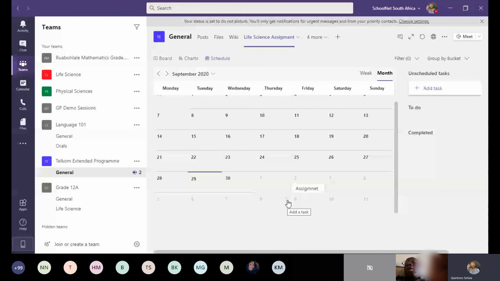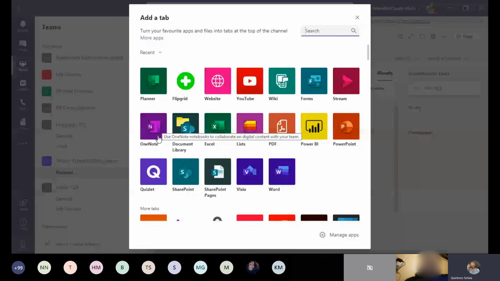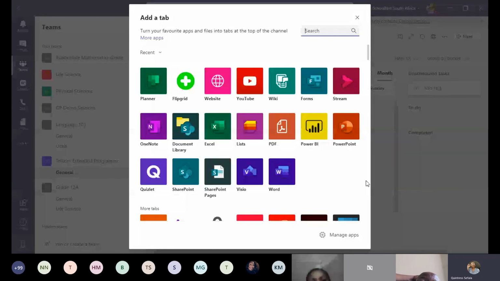I would like you to explore and just play around with any other application. I would have loved to demonstrate OneNote. However, my OneNote has been acting up, and I believe OneNote is an amazing application that you can work around, especially if you are a maths person. It has a maths assistant which can do wonders in terms of working out solutions and so forth. And that will be it from my side. If you have any questions, or if you'd like me to